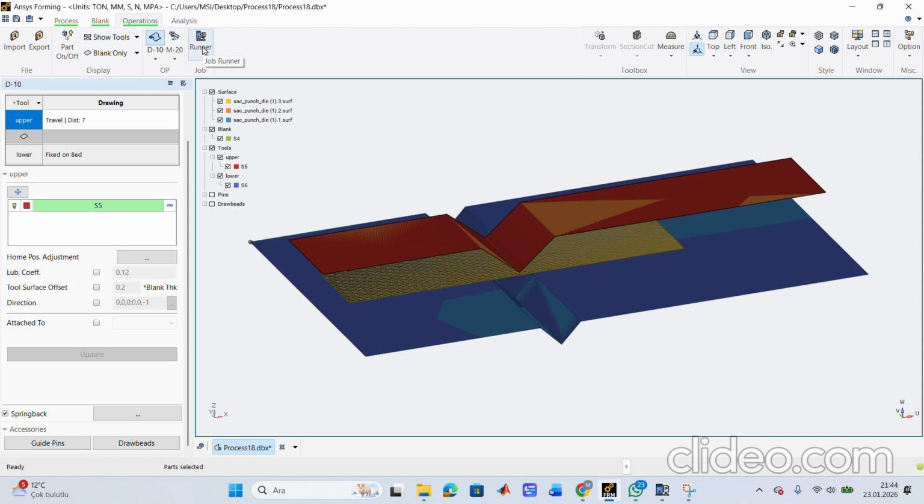After all settings are completed, I start the analysis. The simulation consists of 3 main steps: the forming step, the spring back step, and the measurement step. After some time, we can see them.